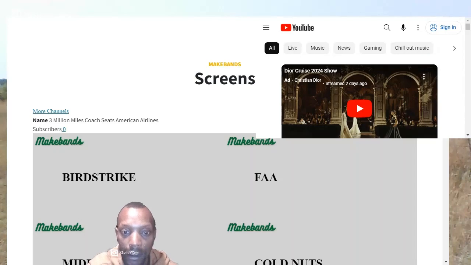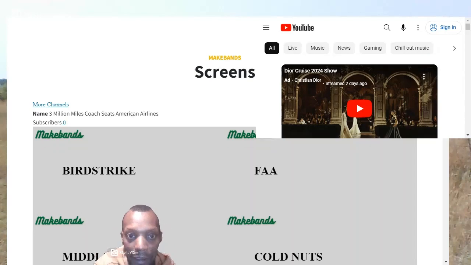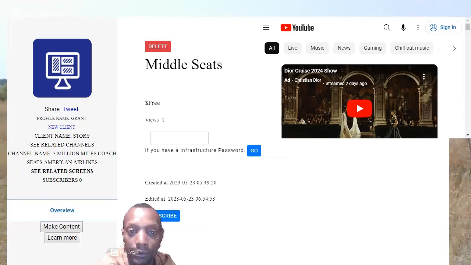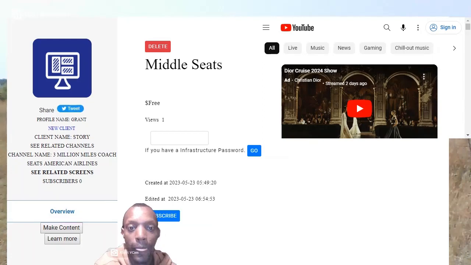Now, if we click on it, we'll have to add our password to do it. Let's try that out. It's requiring an infrastructure password, and you have to know it in order to access the password protected data. So let's enter it.